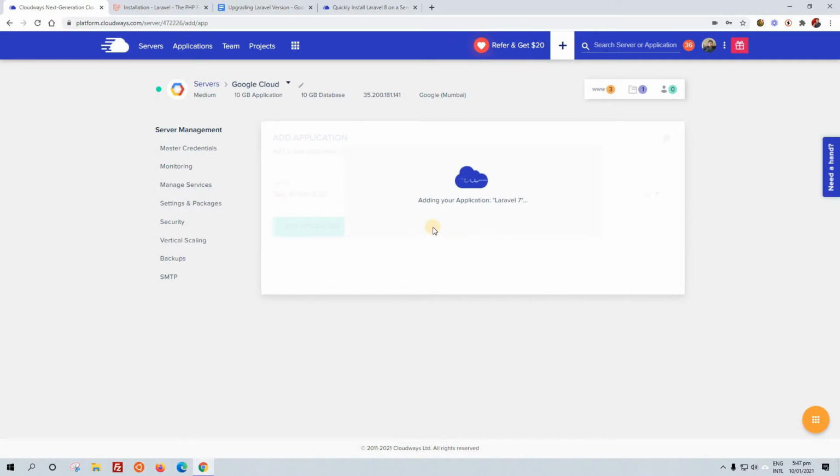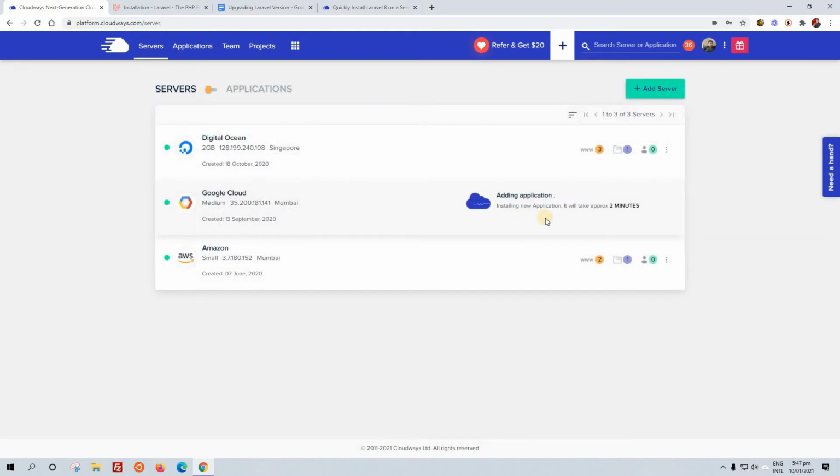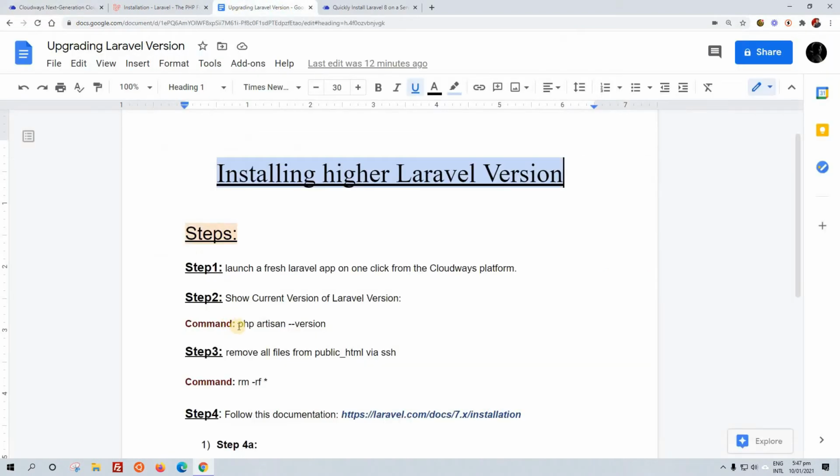It will hardly take around 1 to 2 minutes to add the installation of the Laravel application, that is the version 6, onto our server. Meanwhile, it is being added, we are going to see what is step 2.